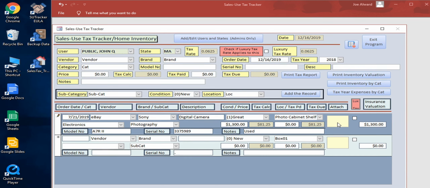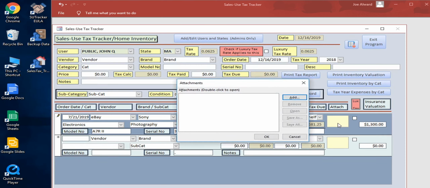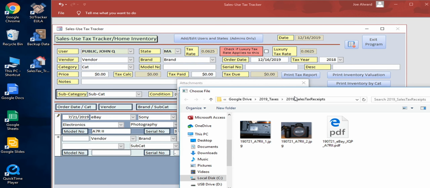Okay, so John proceeds by double clicking on the yellow rectangle under the word attach. And he clicks the add button. And he is prompted to navigate to the location on his computer where he has stored the documents and pictures that he'd like to attach,